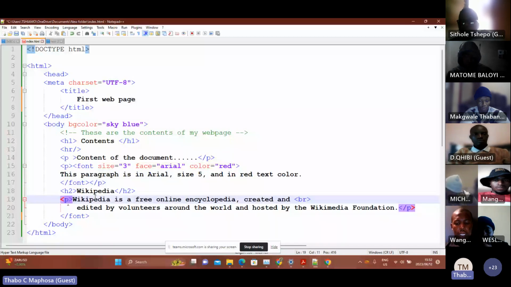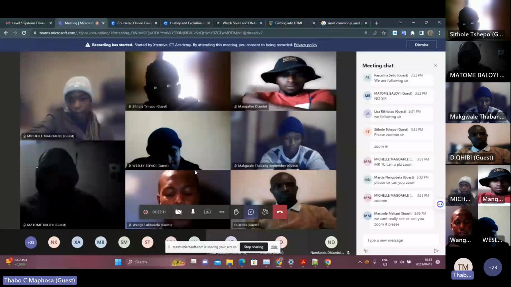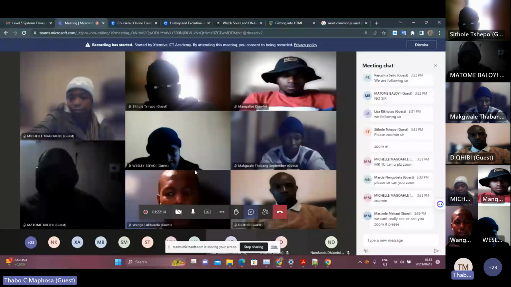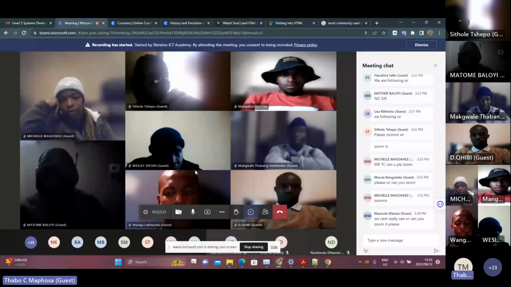It's not sequencing, but it is what we call good coding techniques. It helps my code to be in a certain manner that is easy for me to follow, and for someone who's going to be maintaining your code sometime later. It's easy for them to look at that code and follow it, than if everything is in one line and it's so difficult for people to follow what exactly you're trying to do.